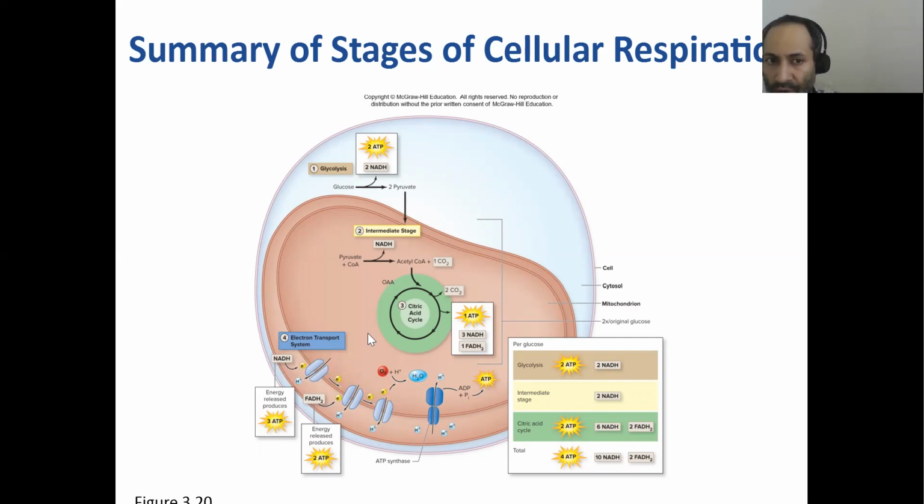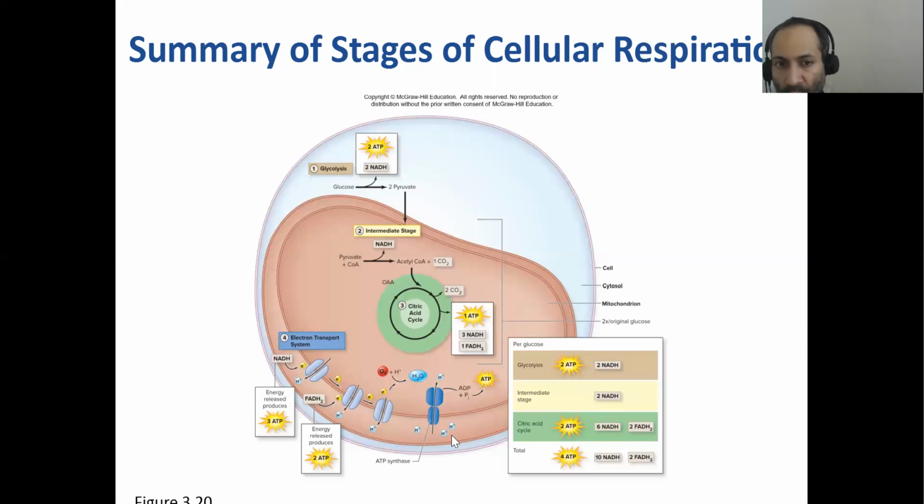So where does all of this energy released by the jumping electrons go? That energy is used to push out protons or hydrogen ions, same thing, from here out here into this space, okay? So again, the energy of these jumping electrons from electron acceptor to electron acceptor is used to push out hydrogen ions, or protons, from inside to this space, right? So there's a bunch of hydrogen ions all packed here.